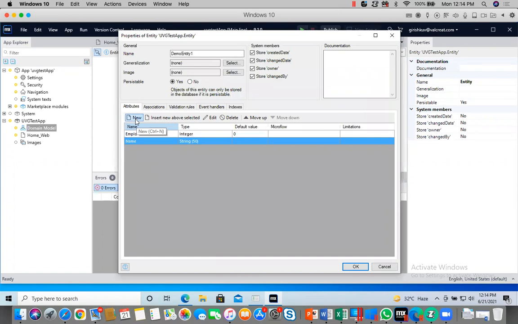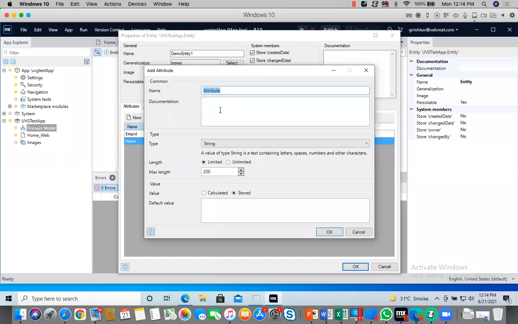Now I will create some numeric values here, so how do you create a total within this record? I'll just show you. Amount 1.